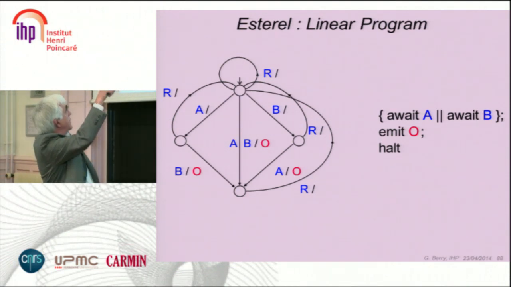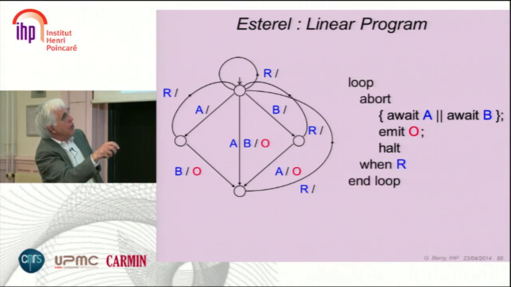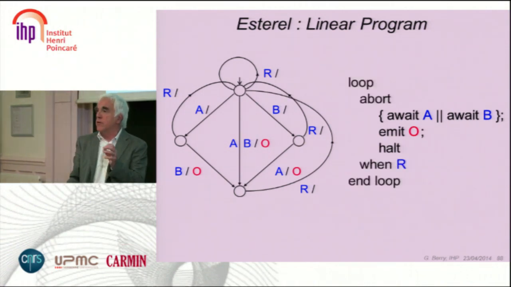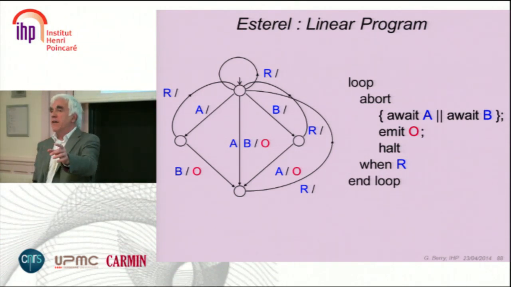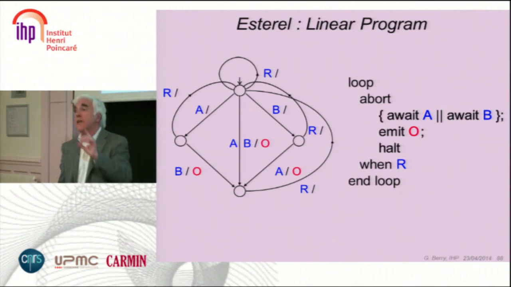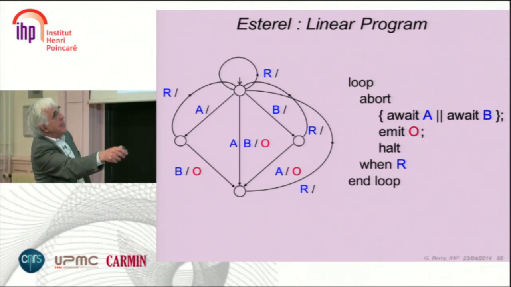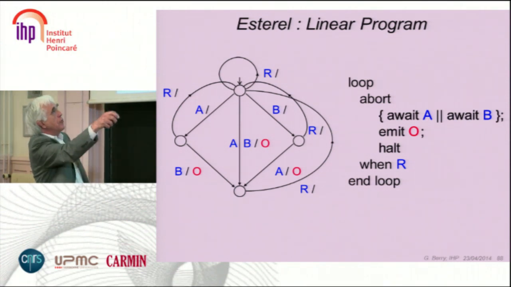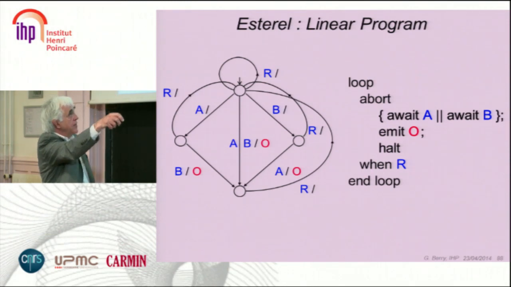This O gets smashed into these arrows, and then you say abort when R. Abort is very important. Everything in automata is about do something when. Everything in STRL is about stop doing something when. And so you say whichever state you are in, if you are R up, you get out of that, and you come back by the loop. So this is the same code.